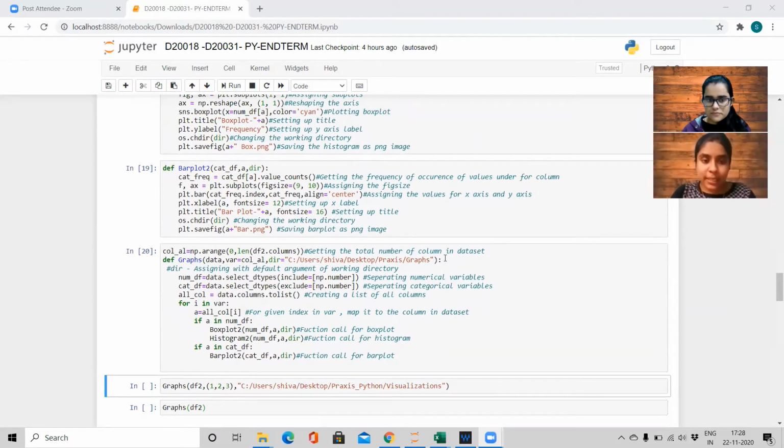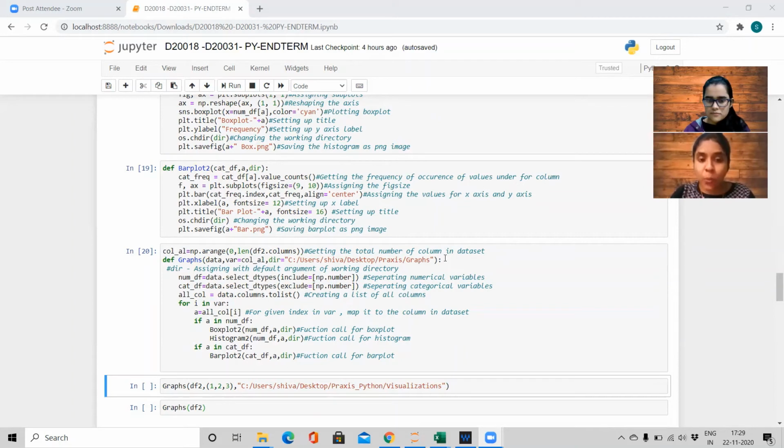Now we'll see how the main function is put together with all three functions explained by Shivani. Our objective is to plot specific columns and store the images in a different directory. In the function definition, the first argument is your data frame and the second argument is var, which takes a list of column indices; if not mentioned, we have given a default parameter which is all the columns in the data frame.